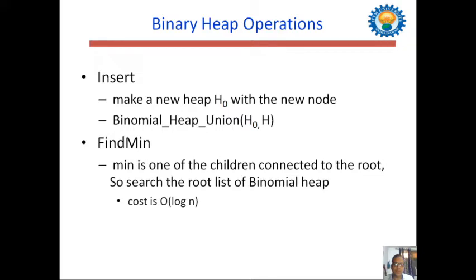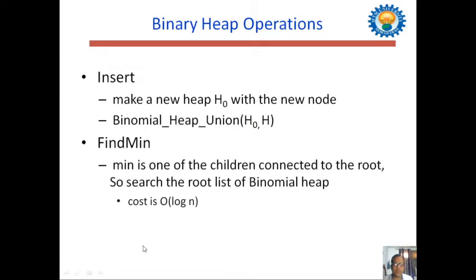Means we are having an existing binomial heap. The key which we are inserting in the binomial heap, we assume that this is another heap and we simply merge these two binomial heaps and apply union operation on that. Finding a minimum key will always be in the root list of the binomial heap.